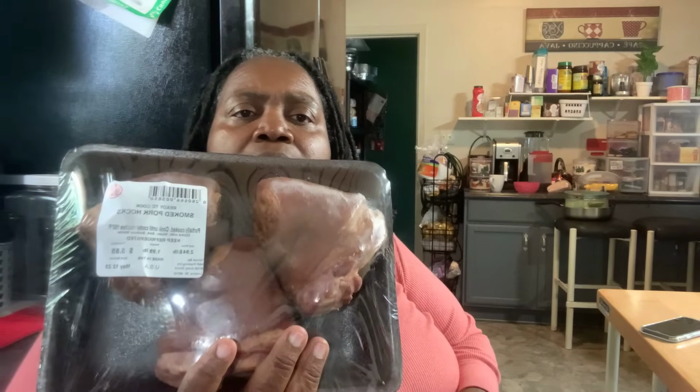Hold on, I'm going to show you what I'm going to put in mine. Okay, this is what I'm going to put in mine. Ham hocks. It gives up that kind of flavor. Now you can put any kind of meat you want in them, but it's smoked meat that's going to make the difference in the beans and the flavor. You can put bacon in it, and you can season it up, and they'll be good. But smoked meat,